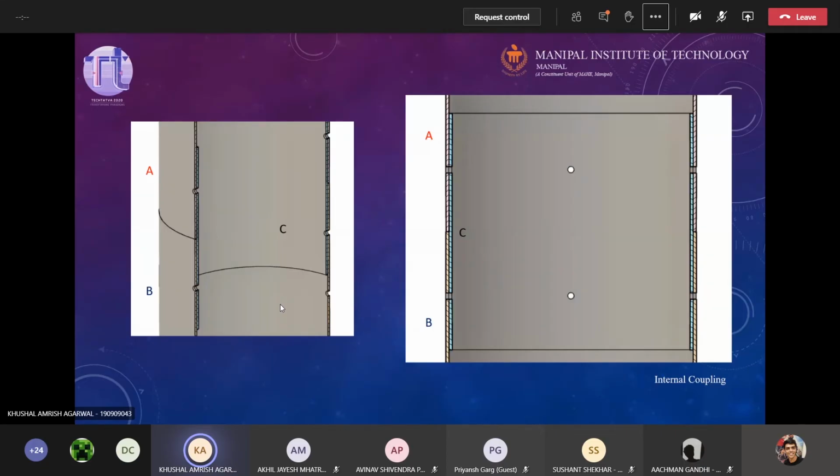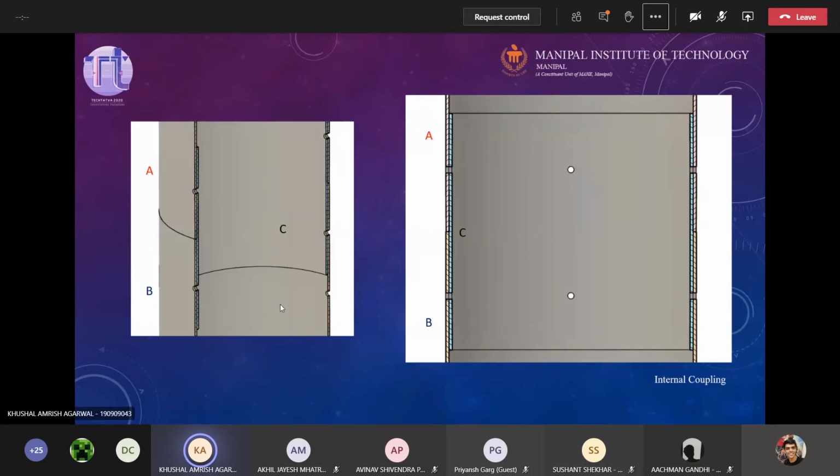So internal coupling is where we have a structure similar to a body tube, as you can see in these three photos. The A and B are the body tubes, and the C part with the blue section is the coupler. This has almost the same thickness as the body tube, and the outer diameter of this is equal to the internal diameter of the body tube.